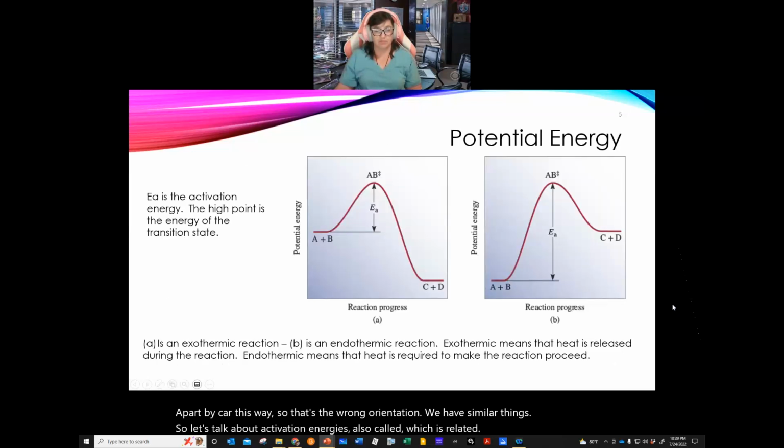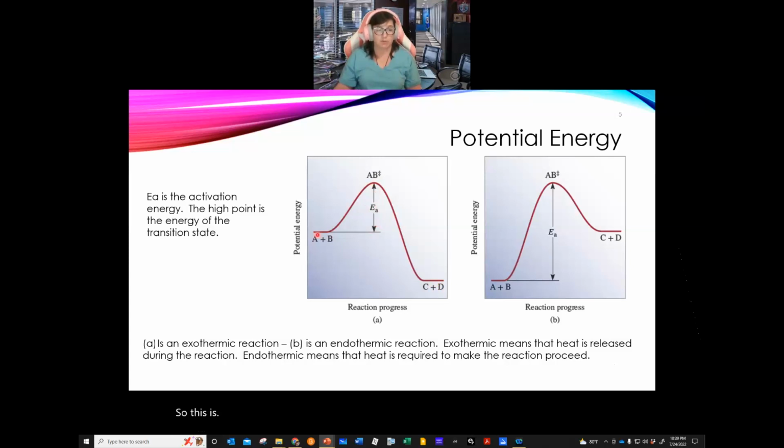All right. So let's look at that. So you'll see that we have an energy for A and B, which is where we start. And I'm going to grab a laser pointer. So we start with A and B. Over here is the reactants. We see that there is an amount of energy that's required to go from A and B before we get to C and D. Now, overall, we give up energy in this particular process, okay? So this is an exothermic reaction, so it gives up energy to the universe. It's fabulous. But we have to put in a certain amount of energy, this EA, to get from reactant to